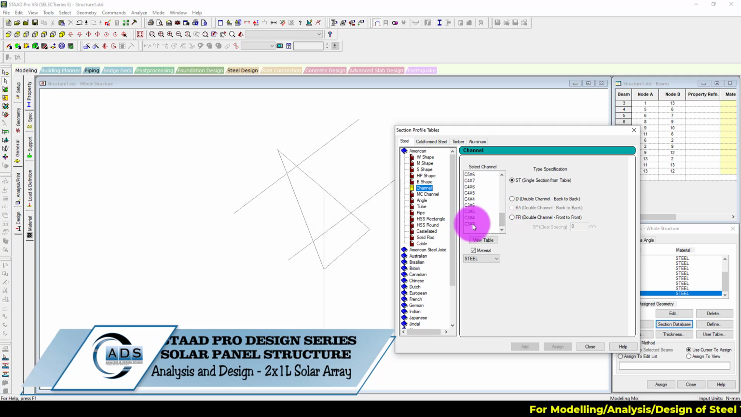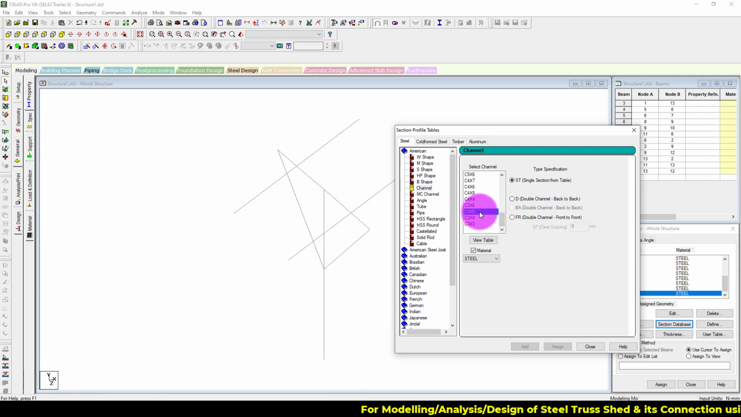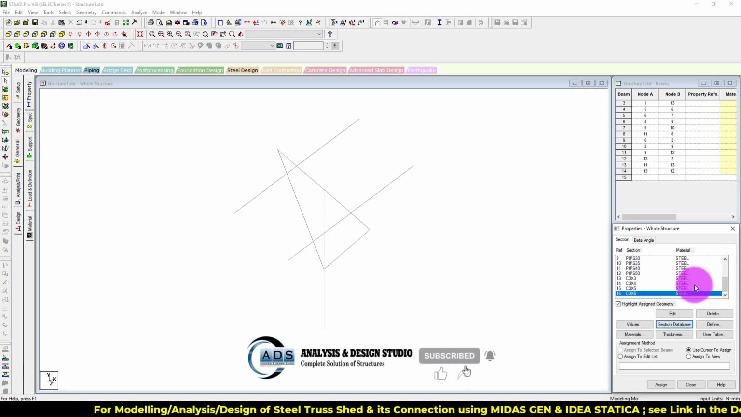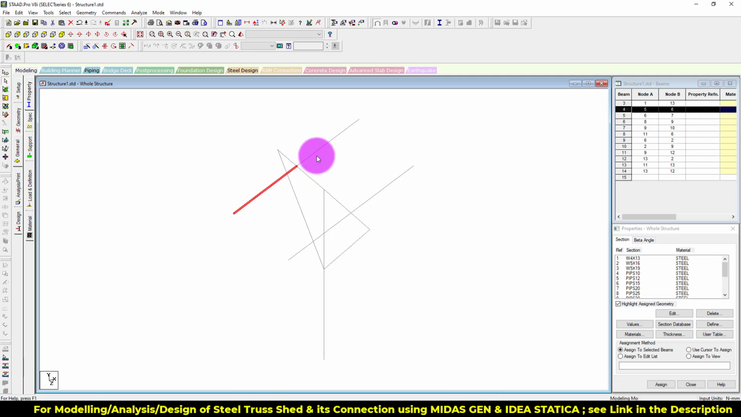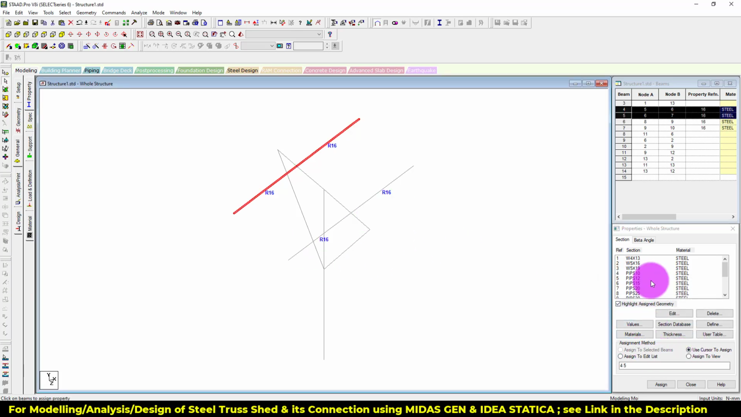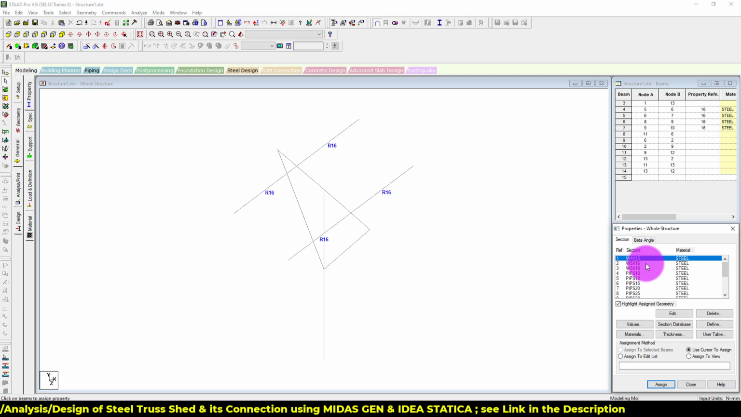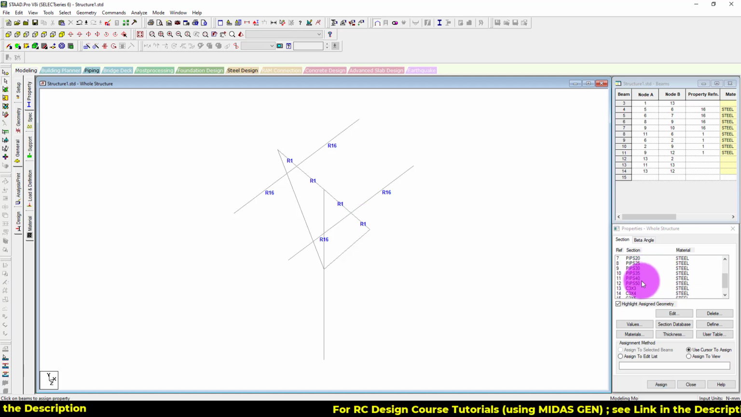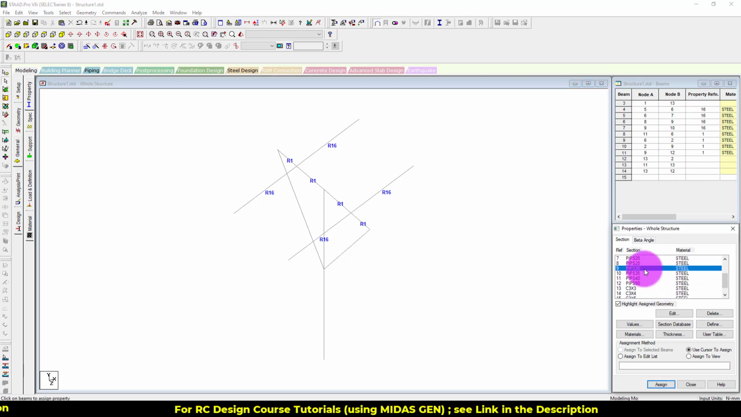Now for the channel section, we will be using the least sizes: 3 by 3, 3 by 4, 3 by 5, 3 by 6. Okay, so these are the sections. Now let's select this and assign this. Now for the beam section, W4 by 13, so use cursor to assign this. And for the pipe section, we will start off with the 3 inch. For the column section, 1 inch